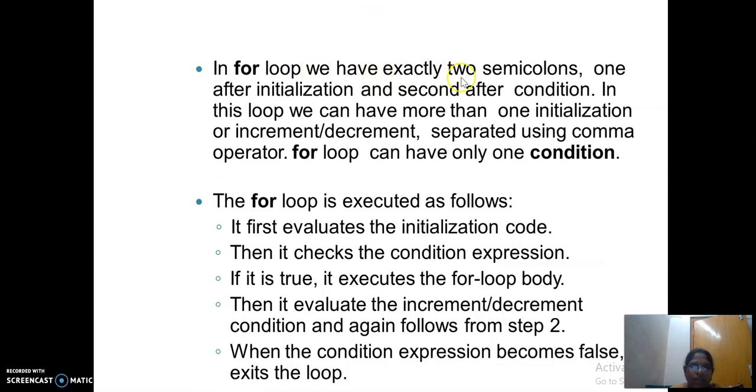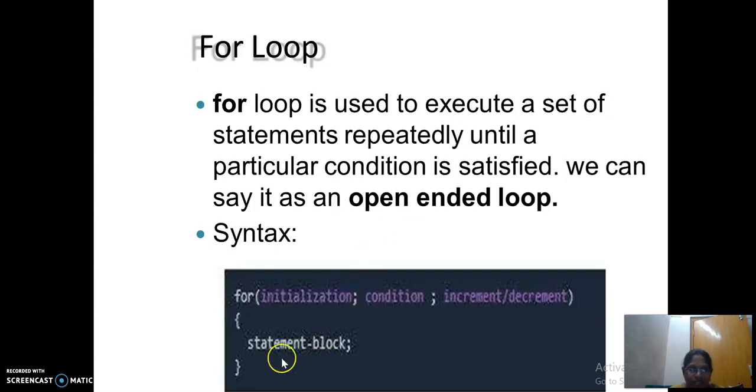In a for loop, we have exactly two semicolons, one after initialization and the second after condition. In this loop, we can have more than one initialization or increment or decrement separated using the comma operator. For loop can have only one condition. Previously we have seen initialization, condition and increment or decrement. Here in the initialization, you can initialize two variables at a stretch, but those two should be separated by a comma.